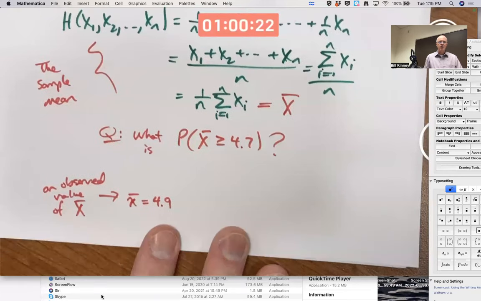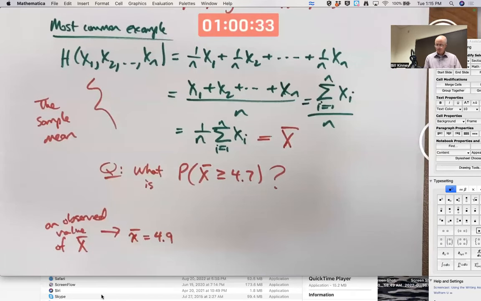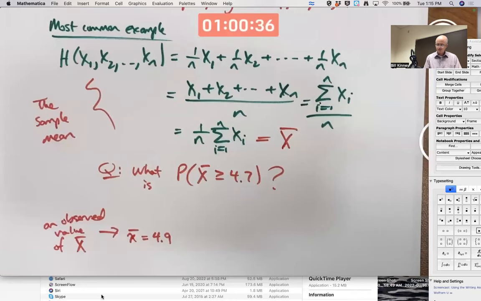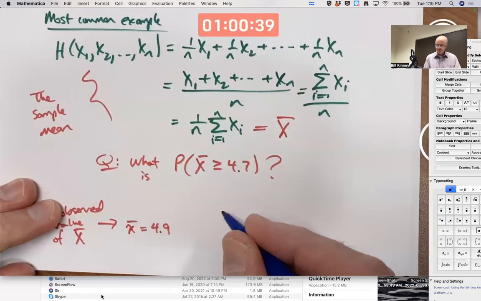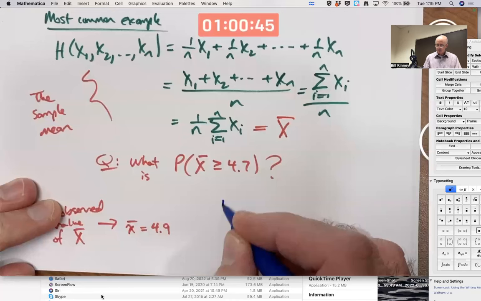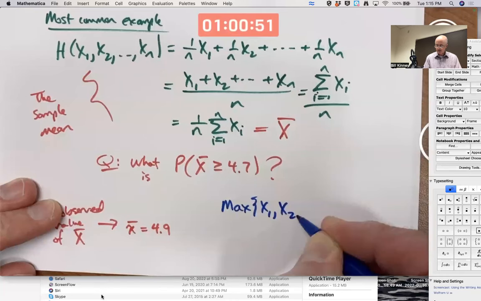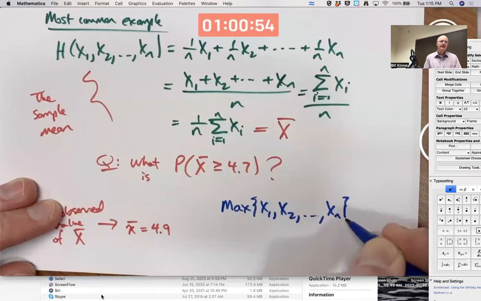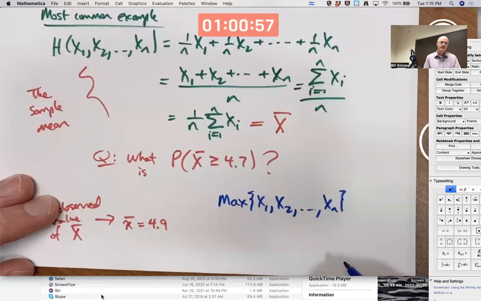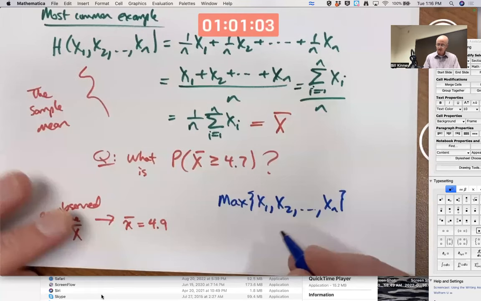Are there other statistics that are important? Yeah, lots of other statistics besides X bar. The sample mean is the most important. Other examples of important statistics include the maximum of x1 through xn, meaning the biggest. In the abstract, you don't know which one's the biggest. If you've got observed data, then you just pick out whichever one is the biggest to say that's the observed value of this maximum. The minimum,